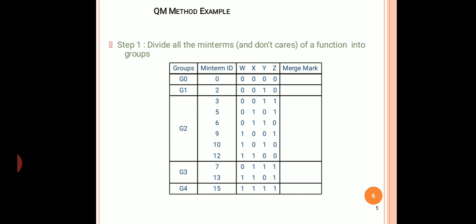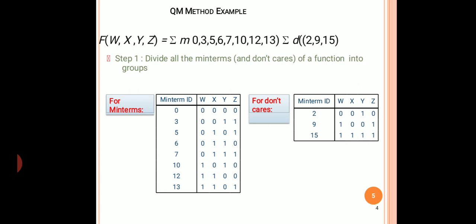First, what will you write in group 0? You have to write all these min terms in increasing order of the number of ones they contain. What does it mean? In group 0, you have to include that min term which has no 1, meaning 0 ones should be there. But the number should be there in the given expression.